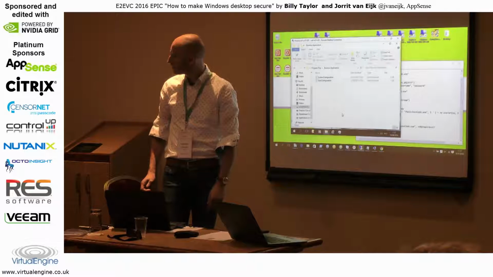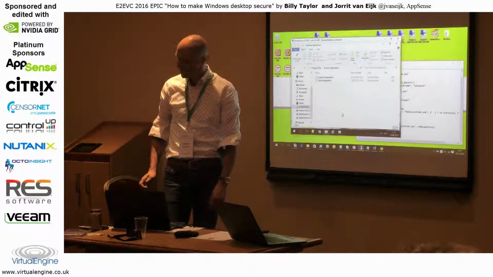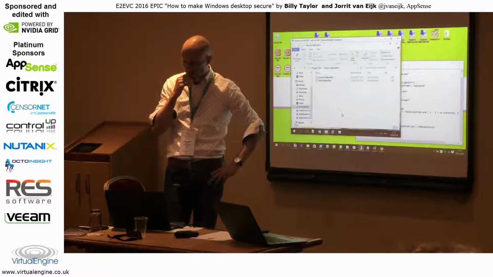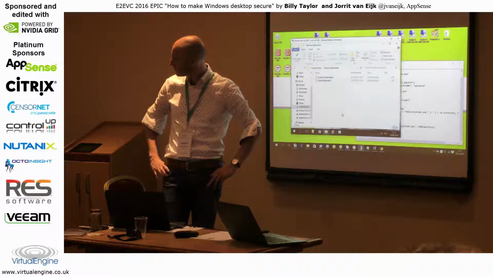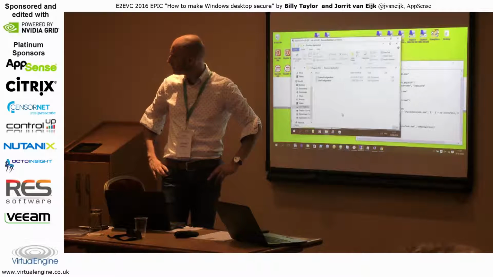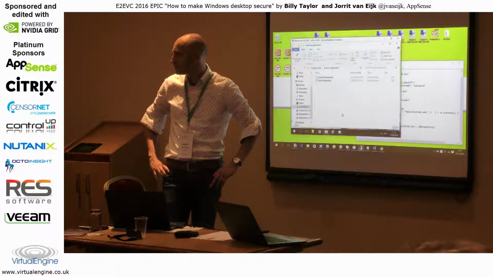We can also have audited elevation. So with Application Manager, you can say, I'm going to give users elevated access to these applications, but when they do it, they've got to give a reason why they're being elevated. It just comes up with a prompt, they type in why they're being elevated, and we'll then give them access to it. And then all that is audited. So that's an automatic state. But you wouldn't want that process to be automatic for all applications, as you bring too much risk into the environment. You want someone to make a decision whether to authorize that elevation or not.